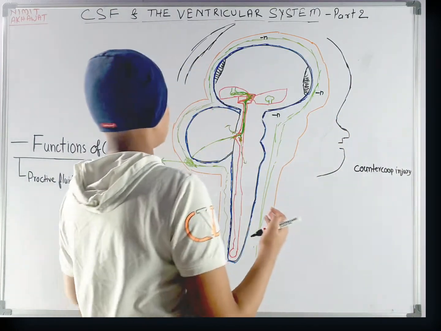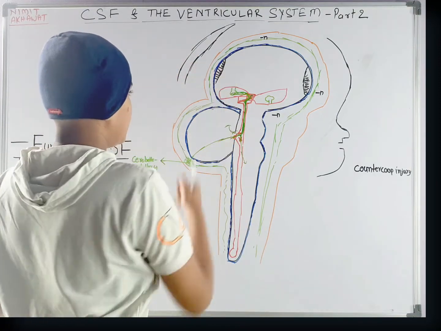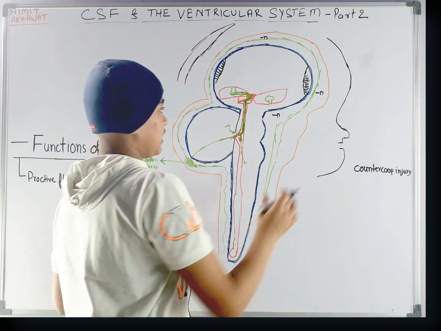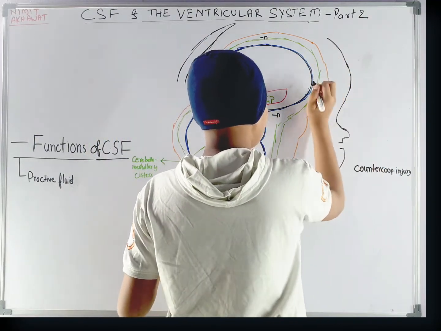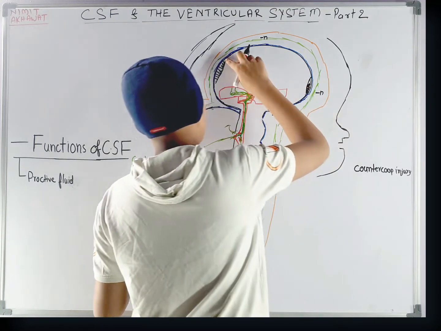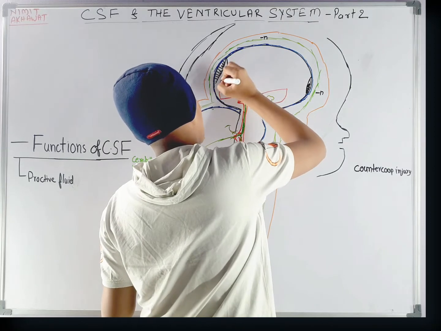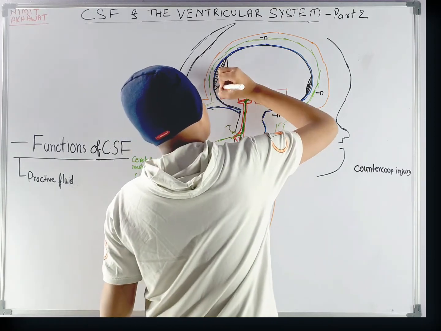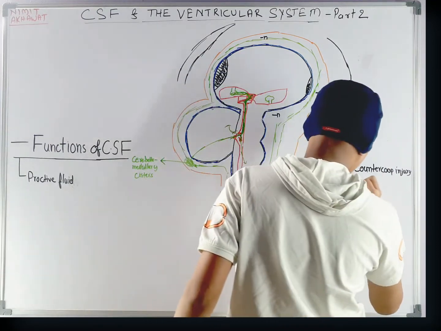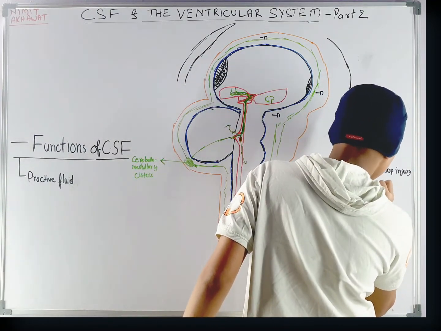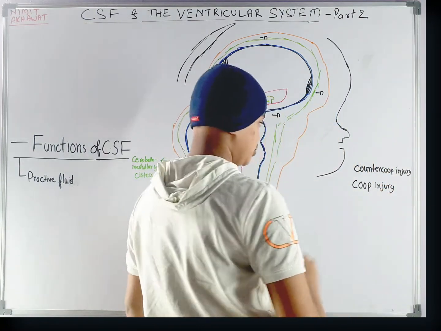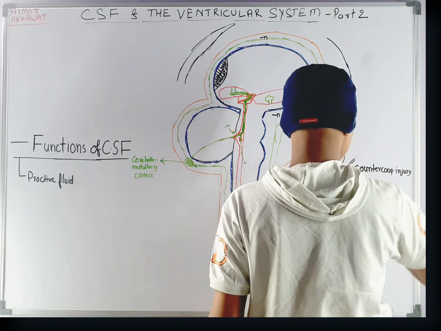And if there is a violent assault on our head on the occipital area, but CSF is not able to protect our occipital area, then some part of the frontal lobe but a major part of the occipital lobe is damaged. And this type of injury is called coup injury. Countercoup injuries are more common than coup injuries.